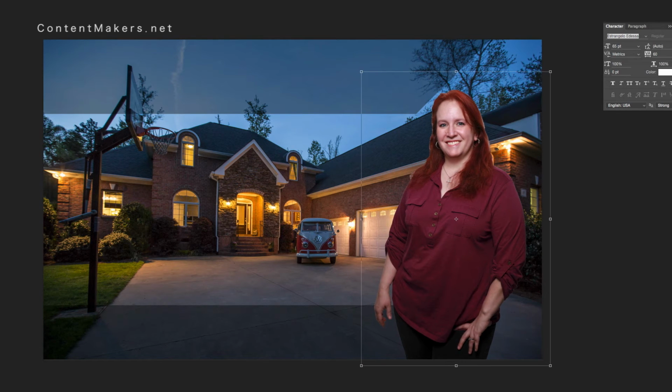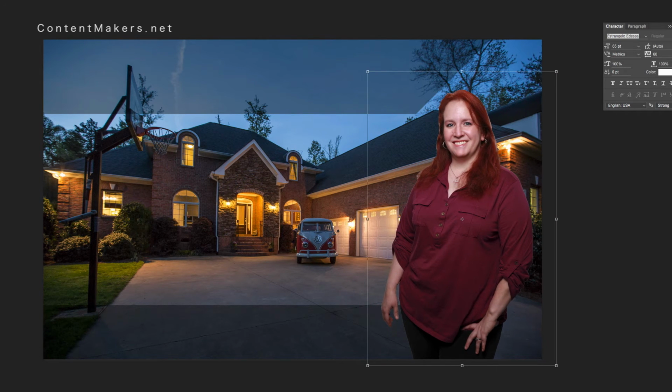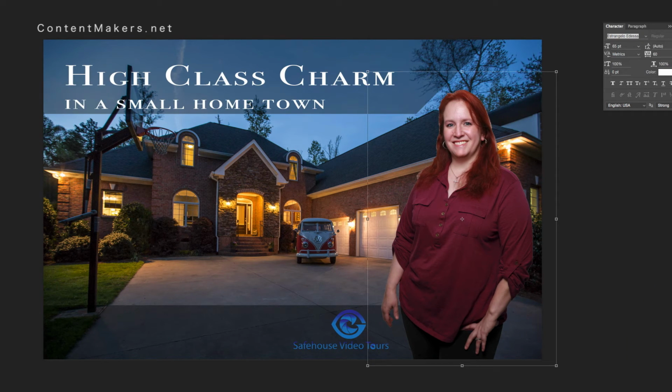Move over a little bit. Okay, and then putting the brand of whatever your company is on there, the logo. And let's put some text, address, and there you go. Just made a